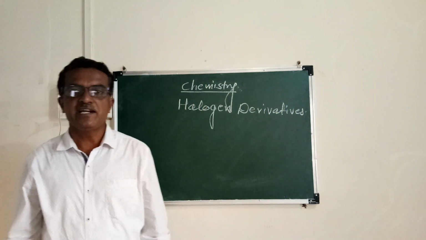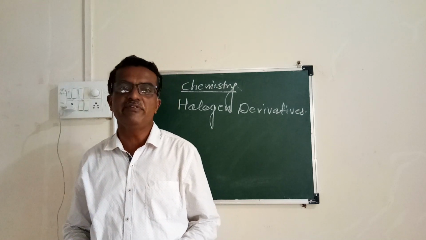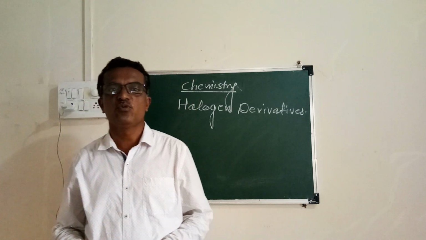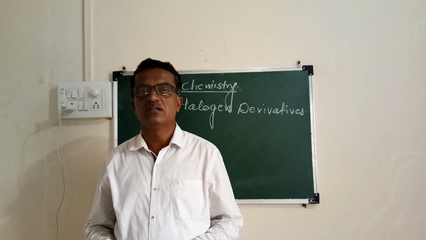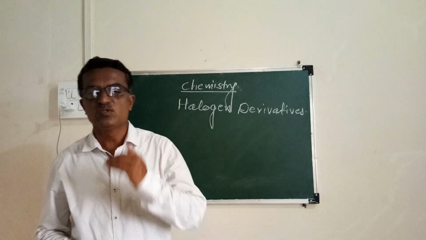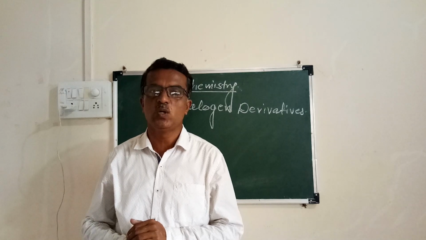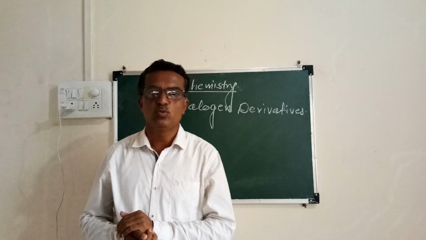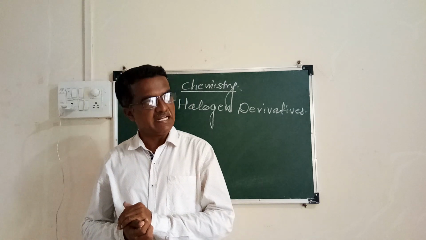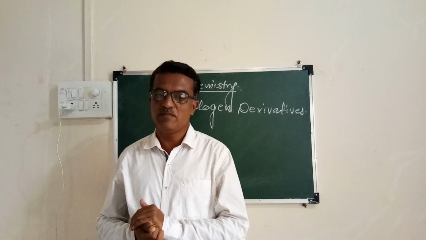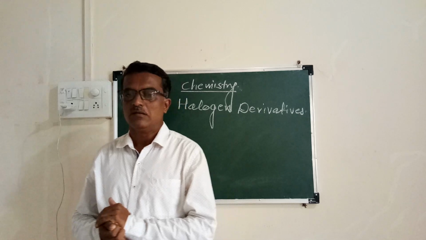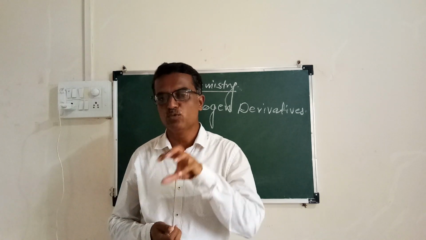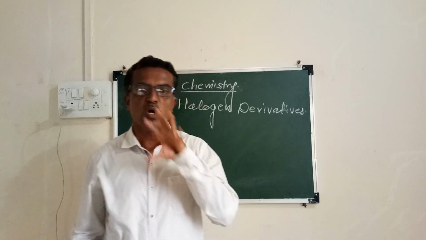Now in 11th standard we have discussed the halogen family or halide group, that is fluorine, chlorine, bromine, iodine. That family is known as the halogen family, which is placed at the extreme right-hand side of the periodic table, last but one, that is before the zero group elements. That is the position of the halogen family in the long form of the periodic table.